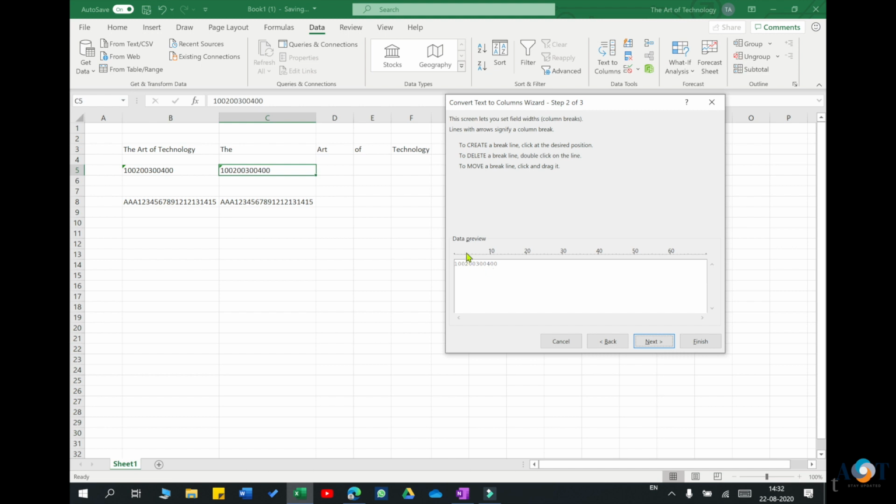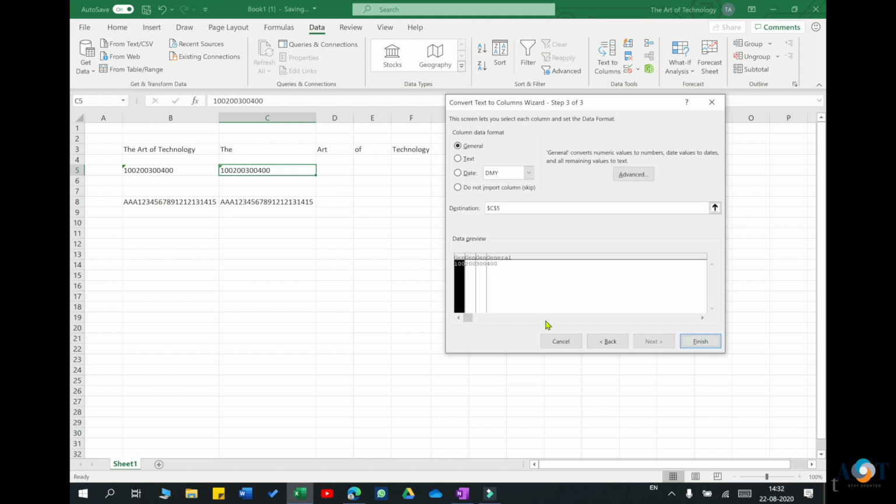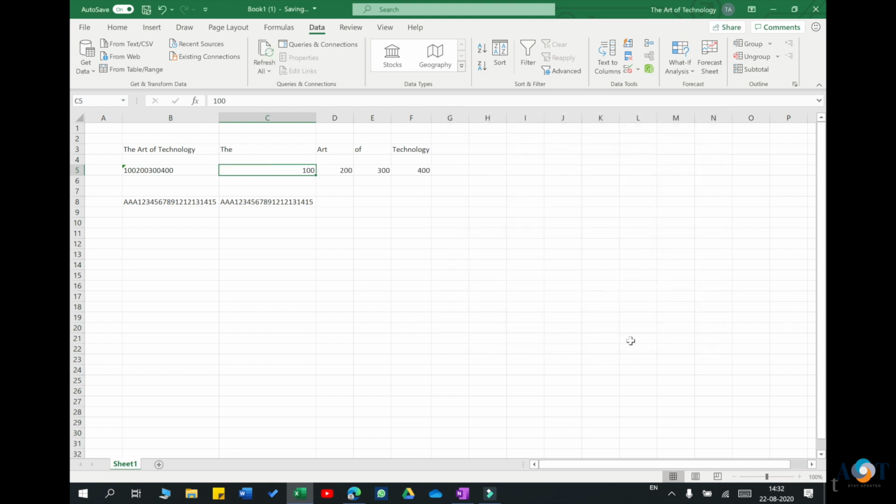If I only select this, the system is going to split into 100 and the rest of the text into one field. So I also want to split from 300. I'm going to press the Control key and click here, and I get this split again. Now if I press Next, it shows a preview of what values will appear, and I can see my values are split correctly.